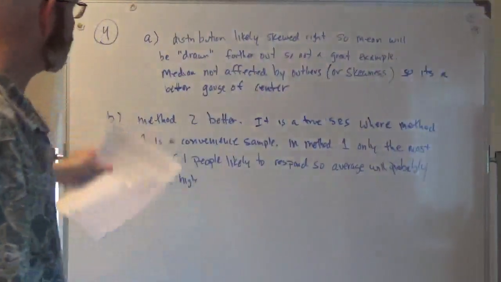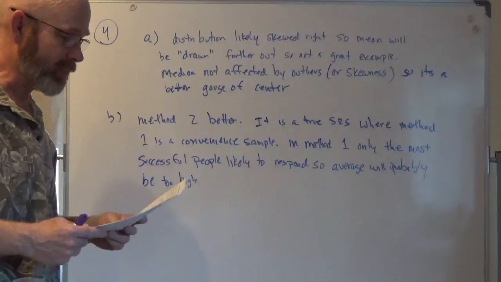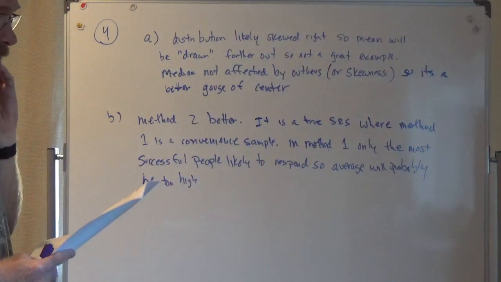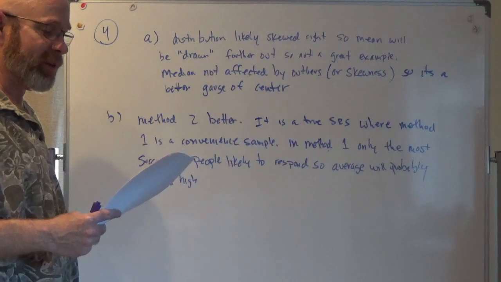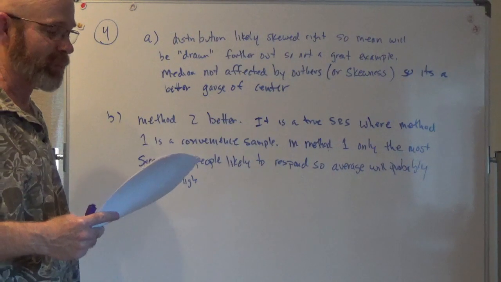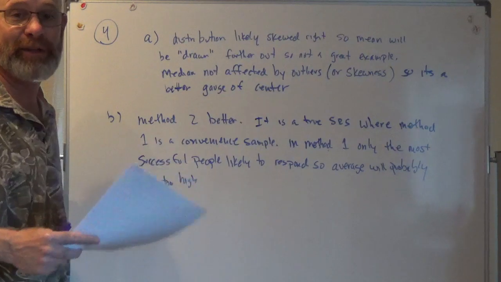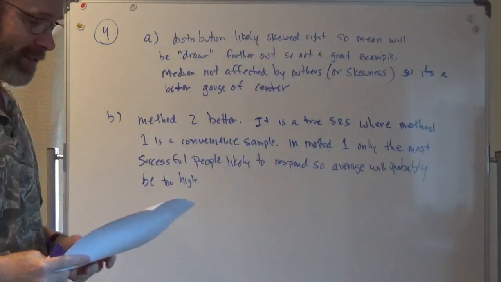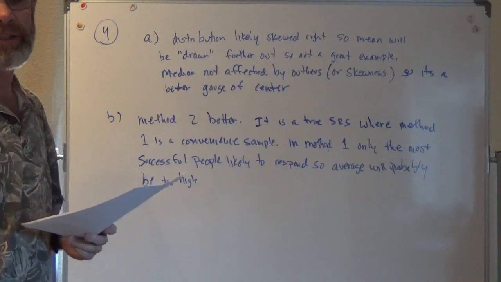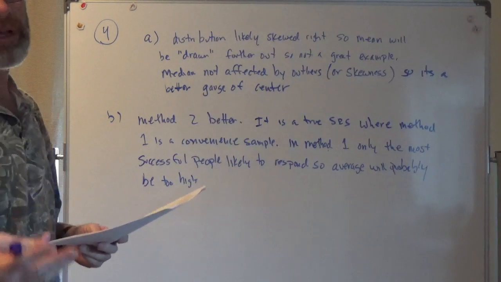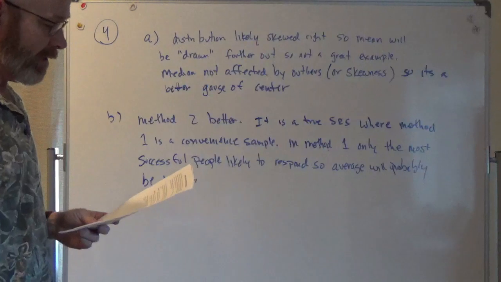Problem number 4. 25th reunion problem. An informal survey, the director asked 50 people their incomes. The mean was 190,000. They said, hey, yeah, we're doing great. Probably don't want to ask people at the celebration anyway, because they're more likely to have been successful, more likely to be there. That was the whole underlying thing here.